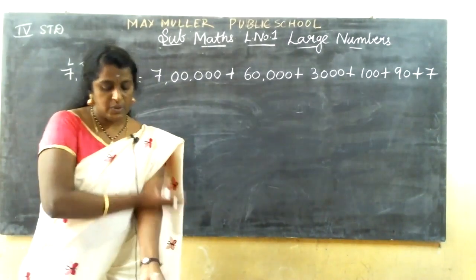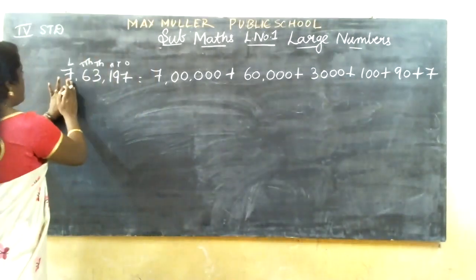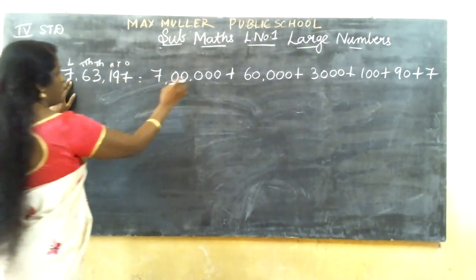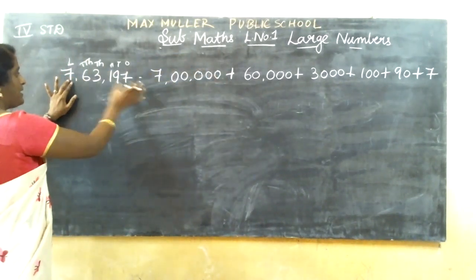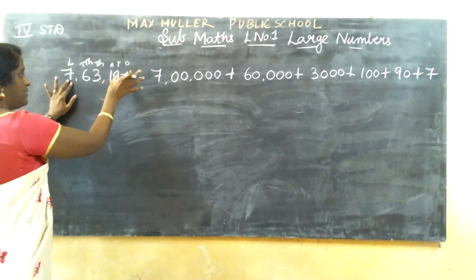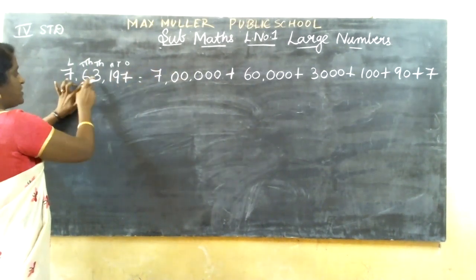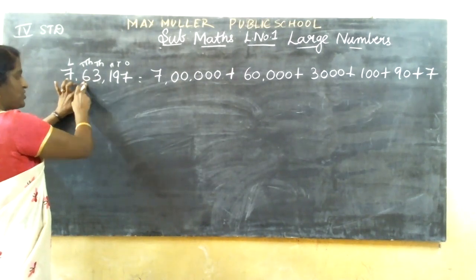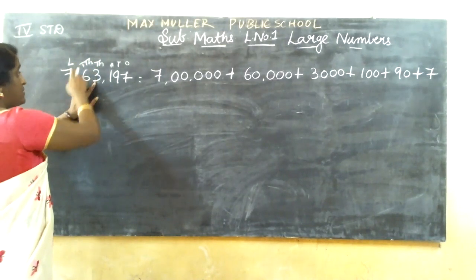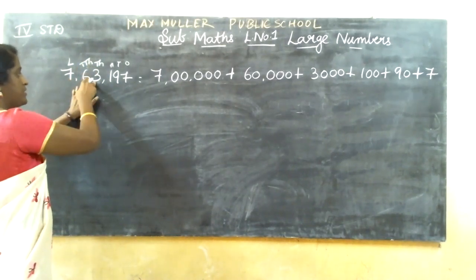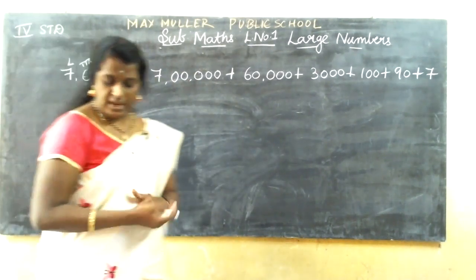Now the third one. For all the others, you should only write it. I taught you expanded form, no? See here. 7 lakh, then 1, 2, 3, 4, 5. That many zeros you should write, because after lakh come 10,000, 1,000, 100, 90, 7. Write those zeros. 63 means 60 is in the 10,000 place, so 60,000. Thousands place 3, so 3,197. So I taught you that.